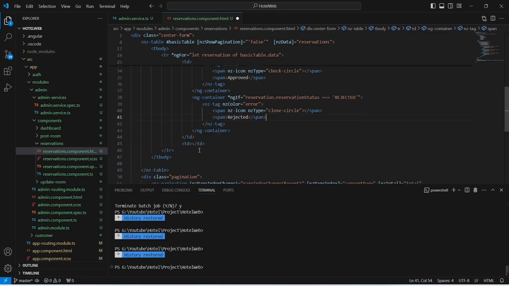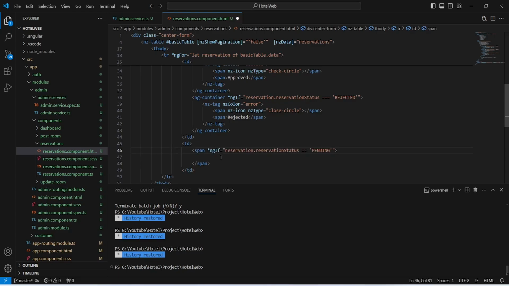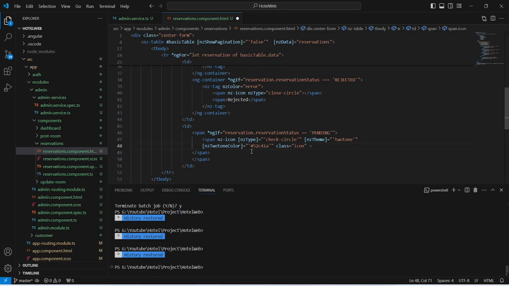Now we will use the last column of this table, and we will add two buttons here, and on the click of these buttons we will call the change status API. And to do this, we will create a span tag in this column, and on this span tag we will write an if condition, and we will show this span only if the reservation status is pending. And after this, in this span we will create another span, and for the nz-type we will give it as check-circle. And after this, we will use the click event of this span tag, and on the click